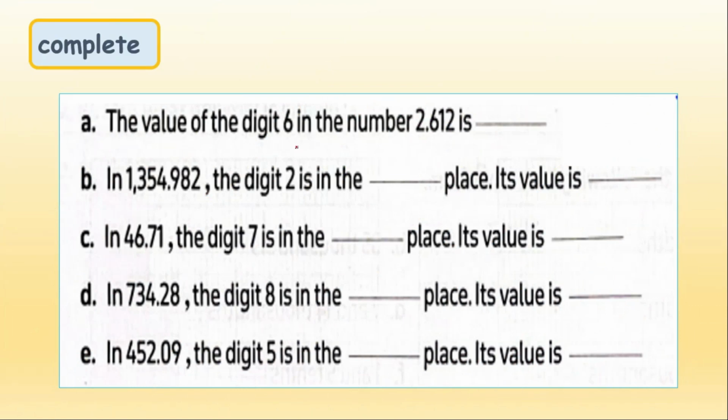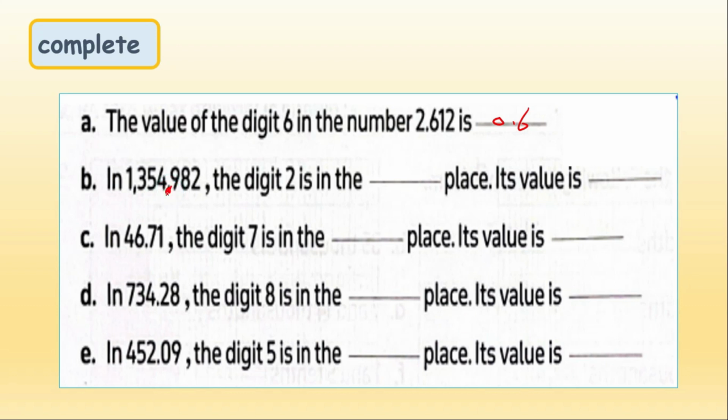Complete the value of the digit 6 in the number 2 and 612,000. Okay, what is he asking me about? About the value. Where is the 6 here? 6 in tenths. So write 6 in tenths, 0.6. Got it? The next one in the number